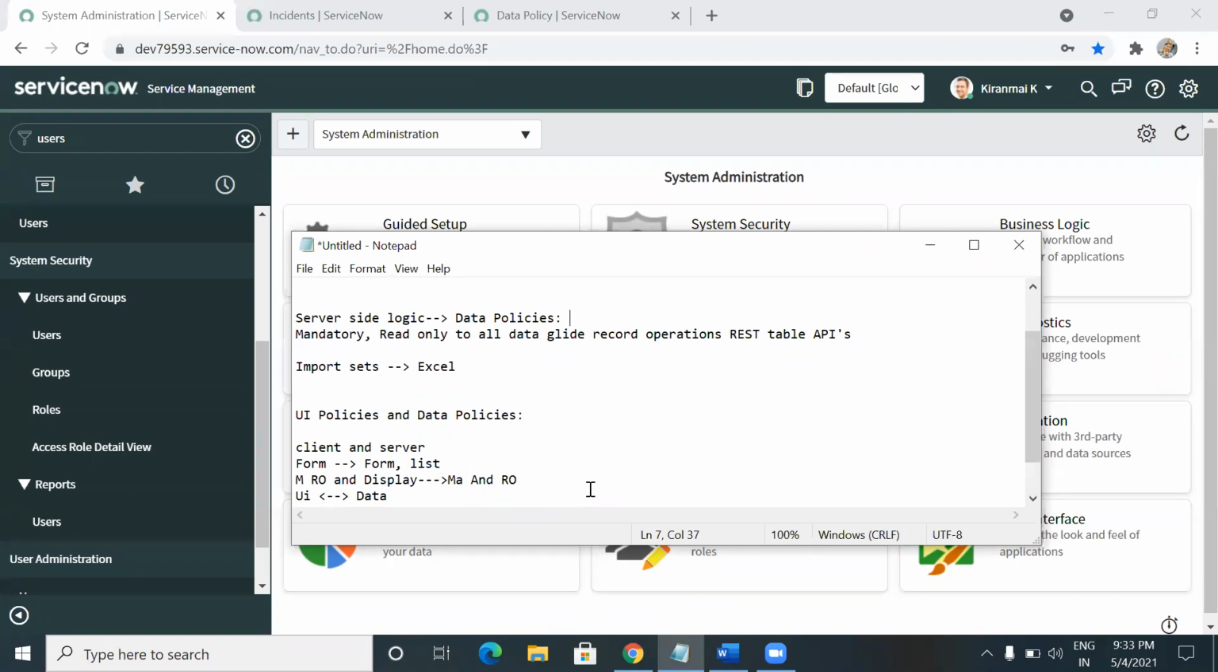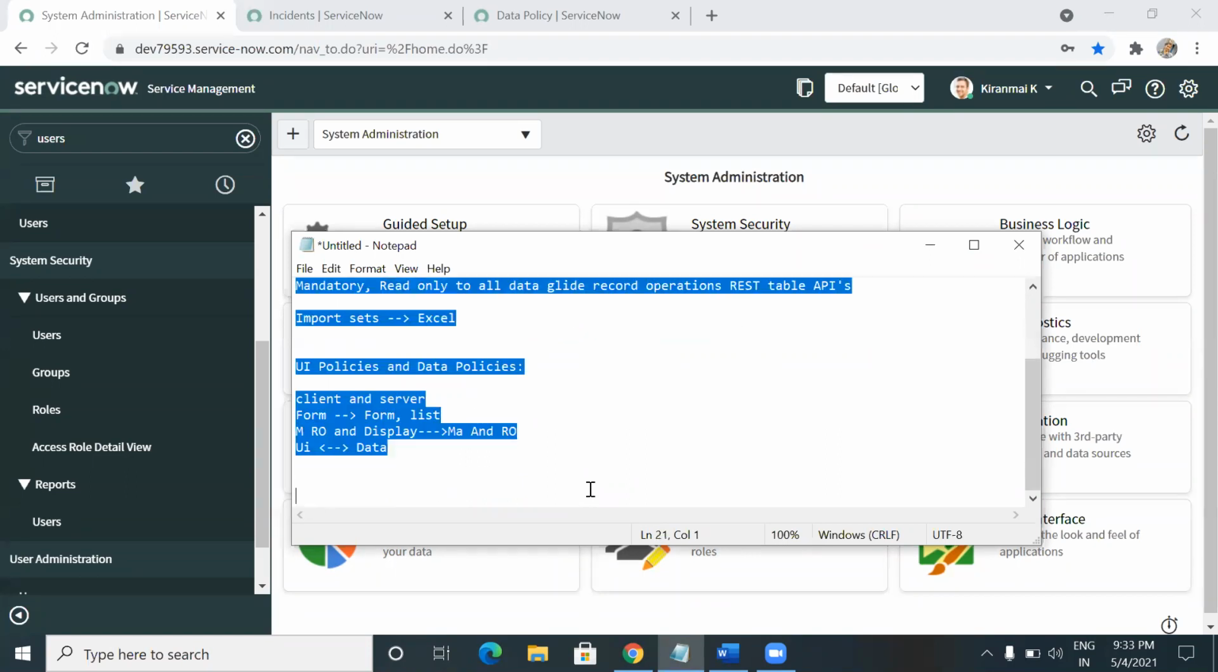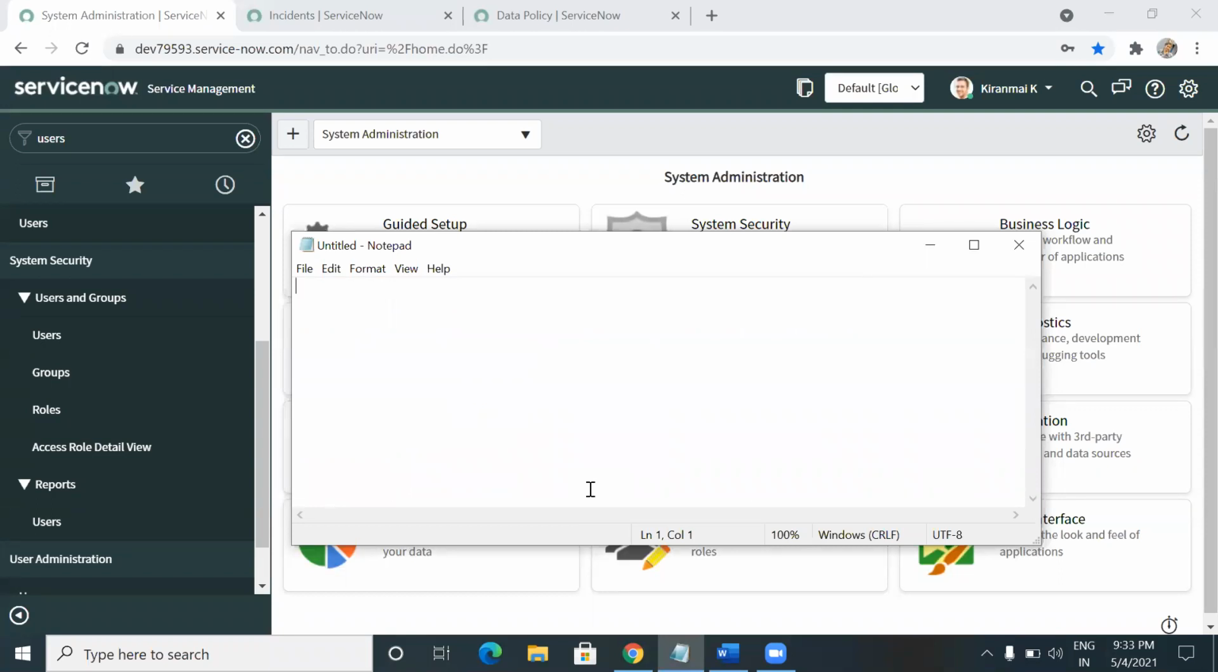Import sets. So import set allows... It's very interesting as well from starting to ending. Just focus. Import set allows